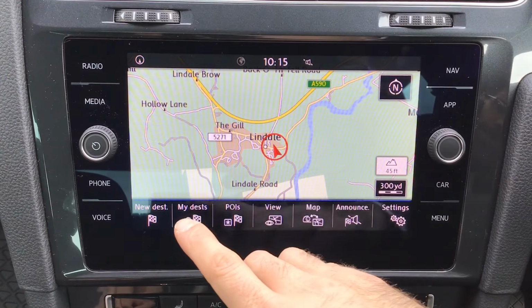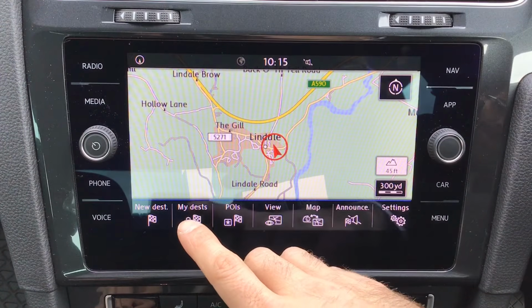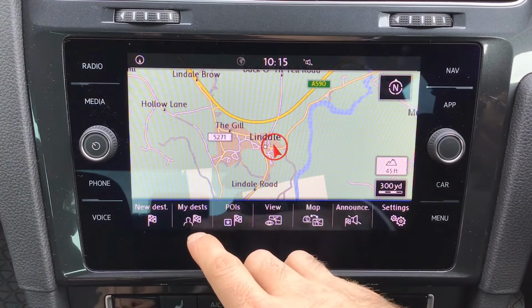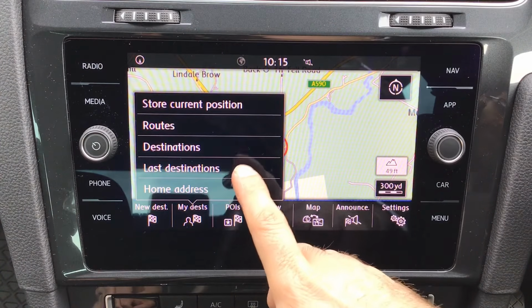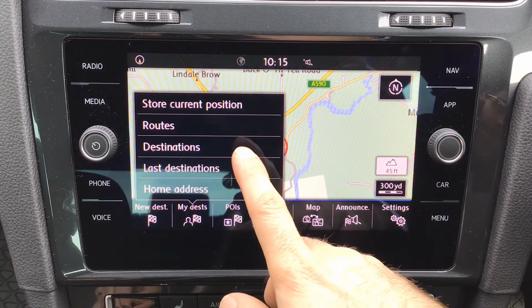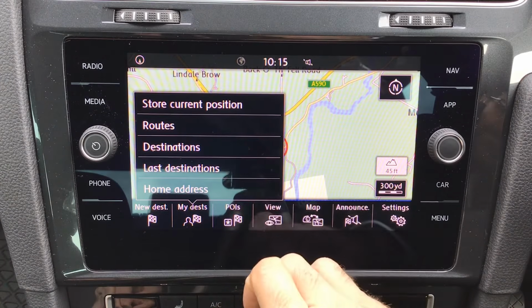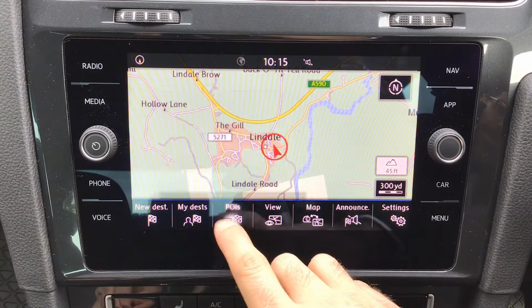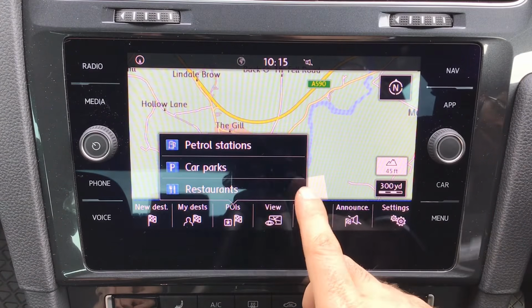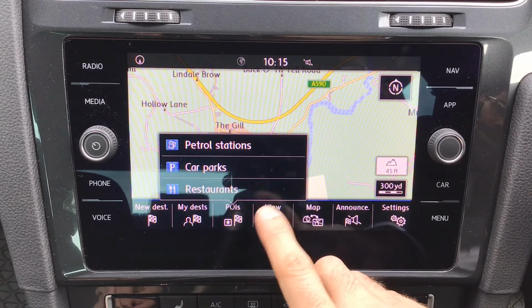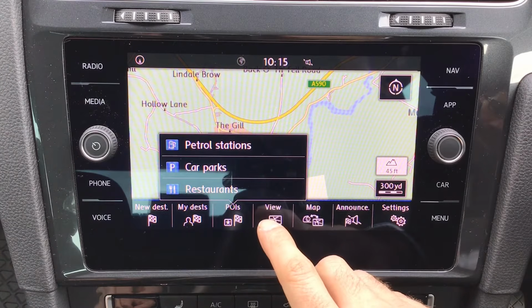The other menus that we have down here are my destinations, so this is where you will find any destinations that you have entered before, and also any destinations that you've saved. Down here we've got POIs, points of interest. This is going to be a selection of petrol stations, car parks and restaurants that are stored in the sat-nav information